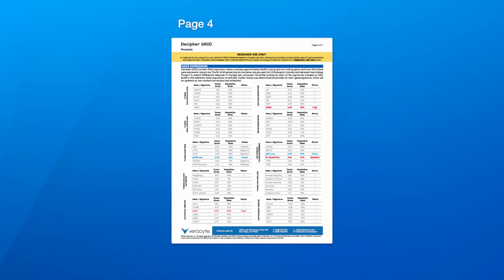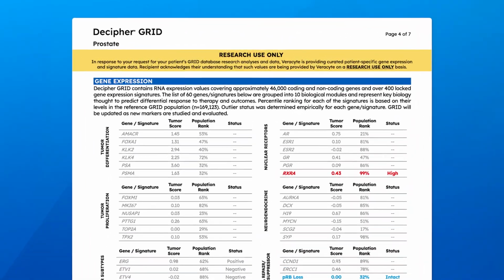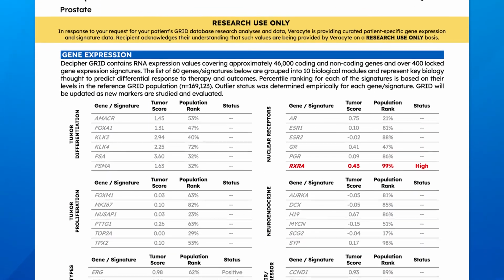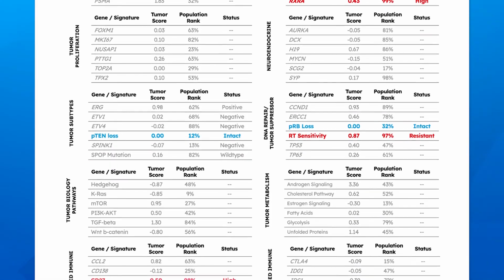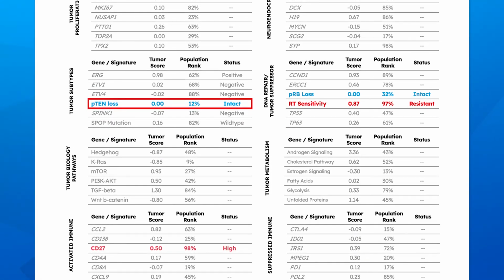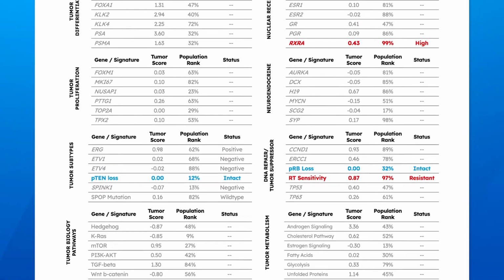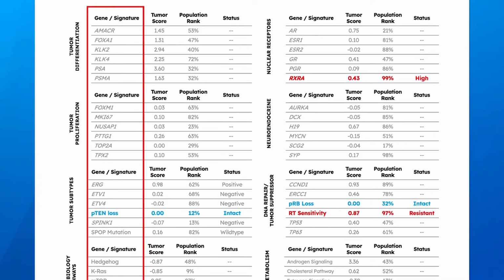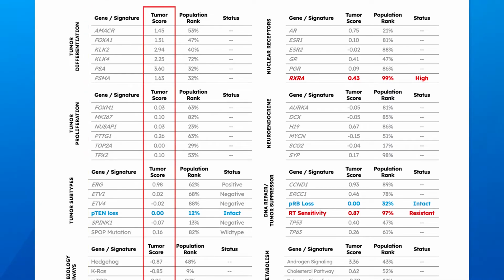On the 4th page of the GRID report, you'll find the individual gene expression scores. Some of these genes may be important to you. For example, PTEN loss has been described in prostate cancer as being associated with aggressive disease. Regardless, in this part of the report, you'll see the gene or gene signature and the tumor score for that